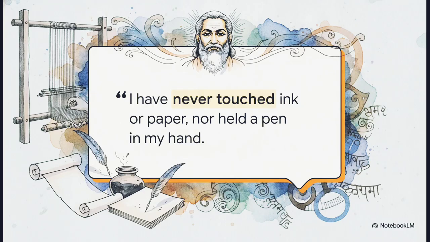Now when we talk about formless devotion, we have to pause and talk about Kabir. He was an unlettered weaver. He famously declared that he had never touched ink, paper, or pen. Yet his raw genius and his ability to distill profound, complex philosophy into simple, piercing couplets was just unmatched. It led the scholar Hazari Prasad Dwivedi to aptly crown him the dictator of language. The language literally just bent to his will.